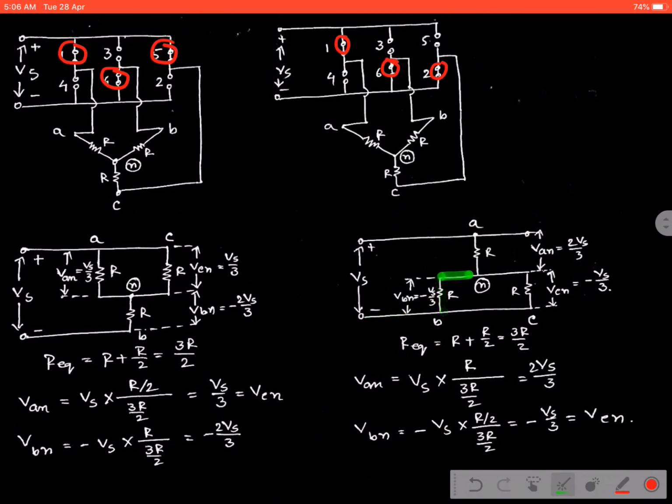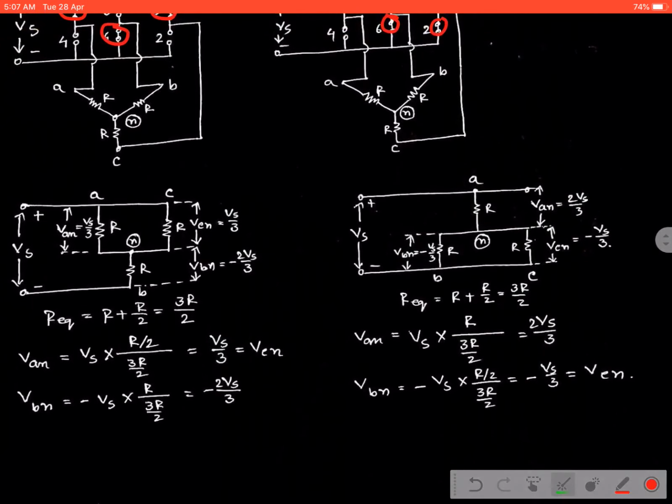Similarly, in the other case, that is switch 2, point C is connected again to the negative terminal of the supply, and the other part is through the load to neutral. That means point C is connected to the negative terminal of the supply and the other part through the load to neutral. That is why this is the equivalent circuit diagram taken from the above circuits.